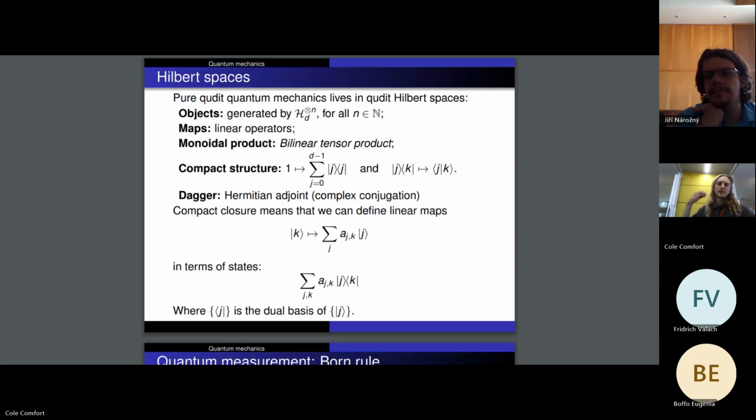And here, this is again a compact closed category, where the monoidal structure is given by the tensor product, and the compact structure is given by these cups and caps. So you take the one-dimensional basis element of the field, which is 1, and you map this to the outer product of all of the basis vectors. That's like the cup, and then the cap is you take the outer product of 2 different basis elements and you send them to the Dirac delta.